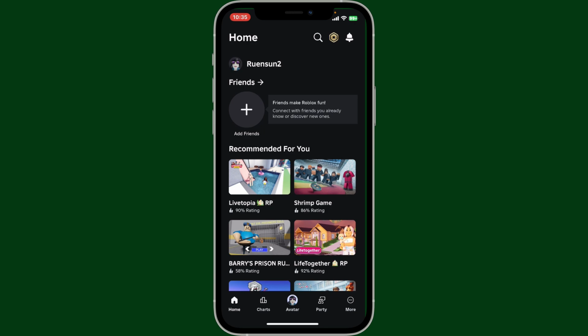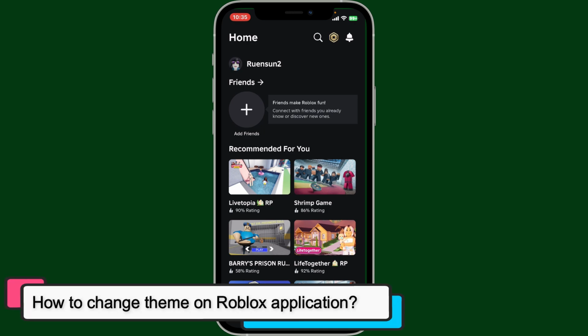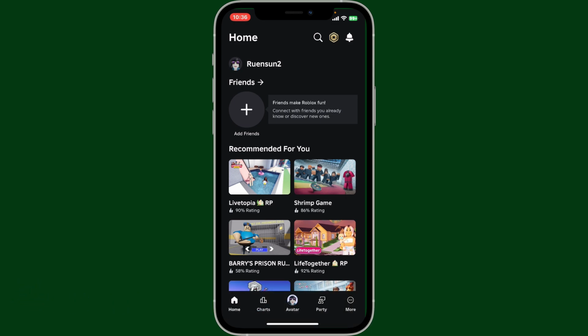In this video, I'm going to show you how to change a theme on Roblox application using your mobile device. So let's get started. First of all, open up the Roblox application and log into your account